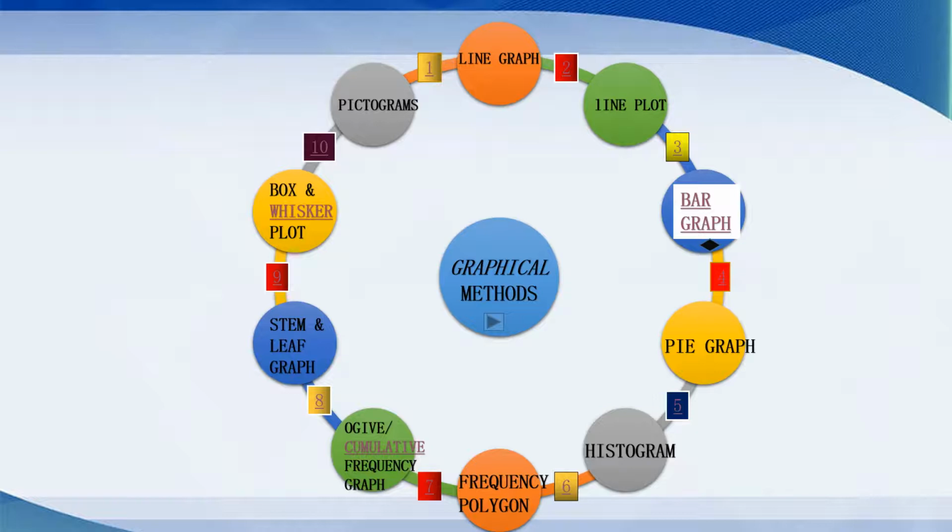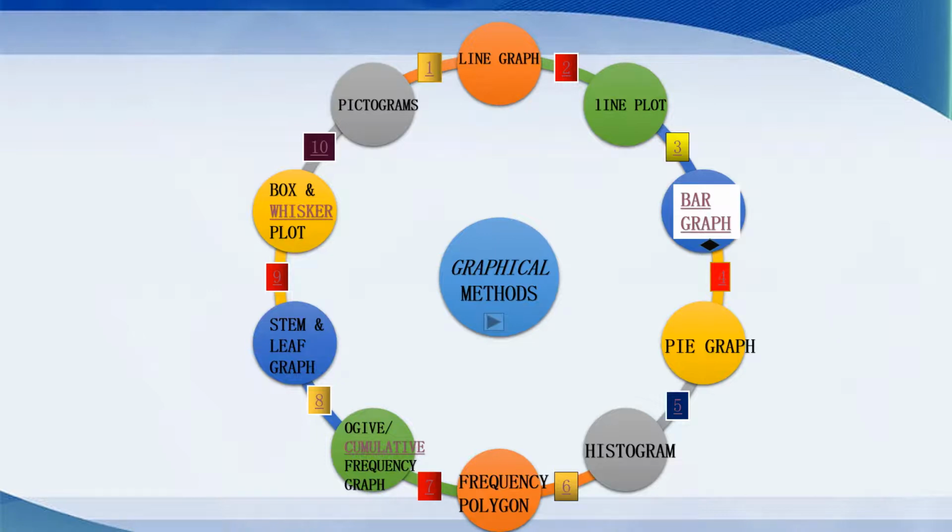So equal class intervals. We may also sometimes have unequal class intervals like 10 to 30, 20 is the difference. Next immediately it may be 30 to 40, which is 10 as the difference. Again 40 to 70, so 30 is the difference. In this way unequal class intervals are given. Then we may convert it into equal class intervals and we can plot a histogram for that.